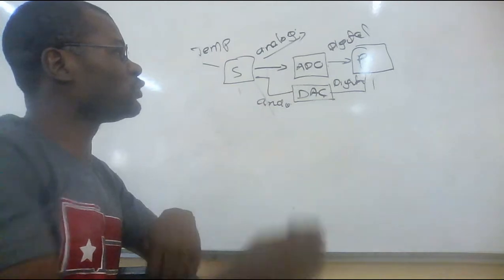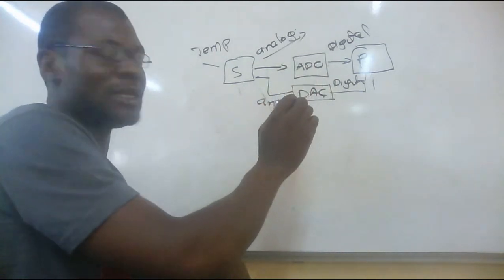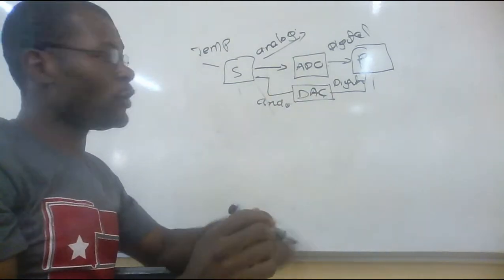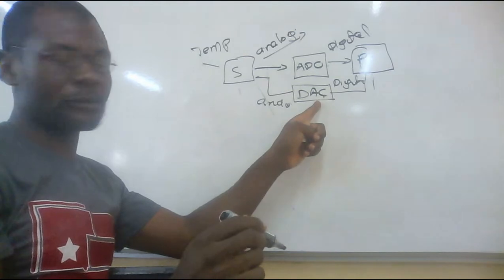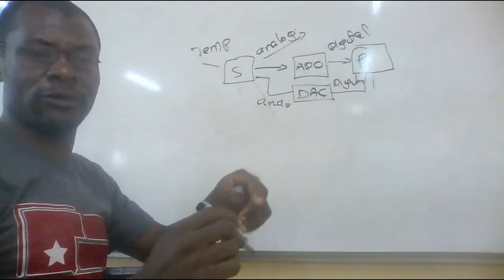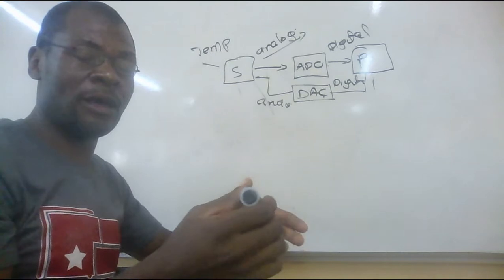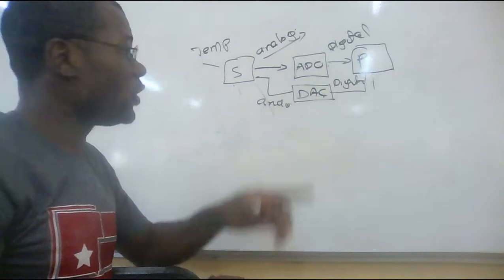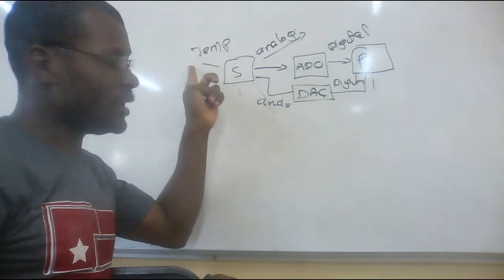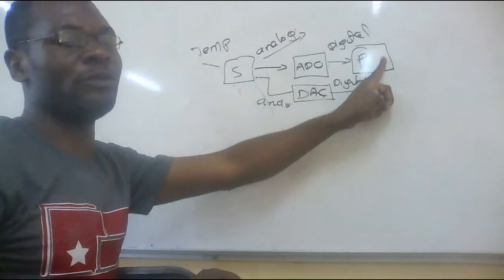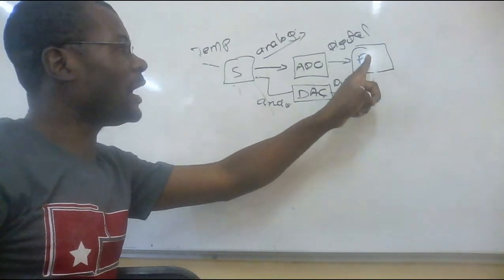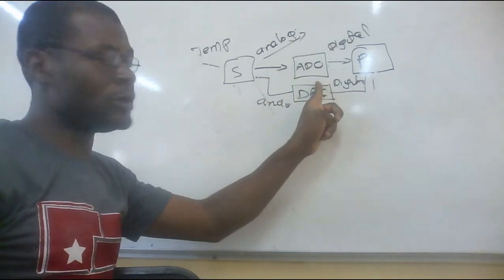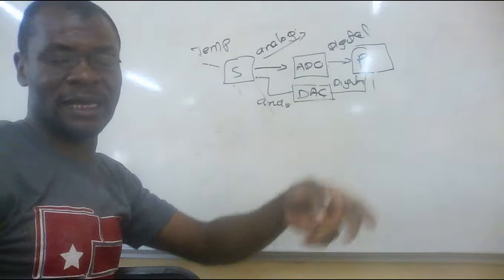All you need to understand is where to use the analog to digital converter, which is the ADC, and where we need to use the digital to analog converter, which is the DAC. So that is the scenario which takes place before computing can happen. And we know that a sensor is an input device which captures the physical quantities. The physical quantities need to be taken to the computer system for processing, and for that data to be processed, it's supposed to pass through the ADC so that the computer may understand.